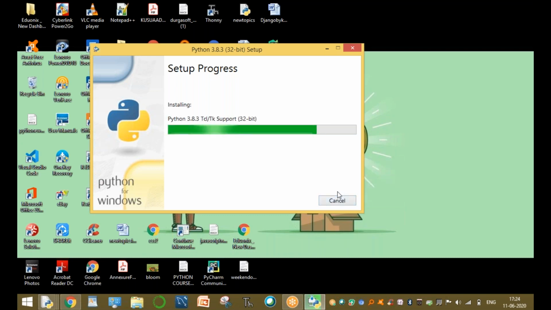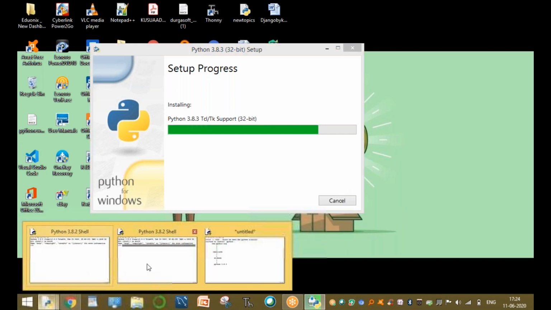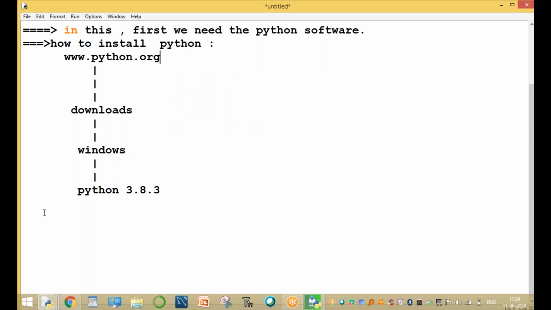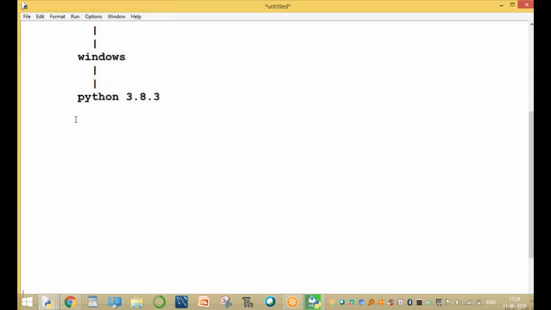Python installation is done. There is another process also for the Django installation. There are two ways. One way is the command prompt. Another way is by using the PyCharm IDE, not the IDLE.